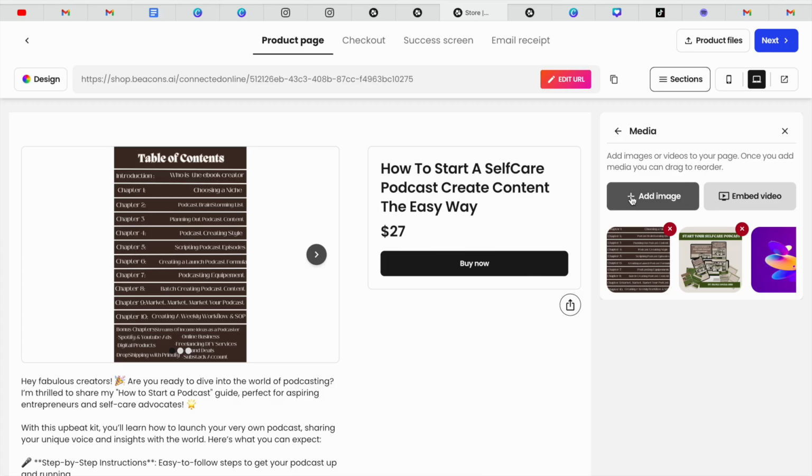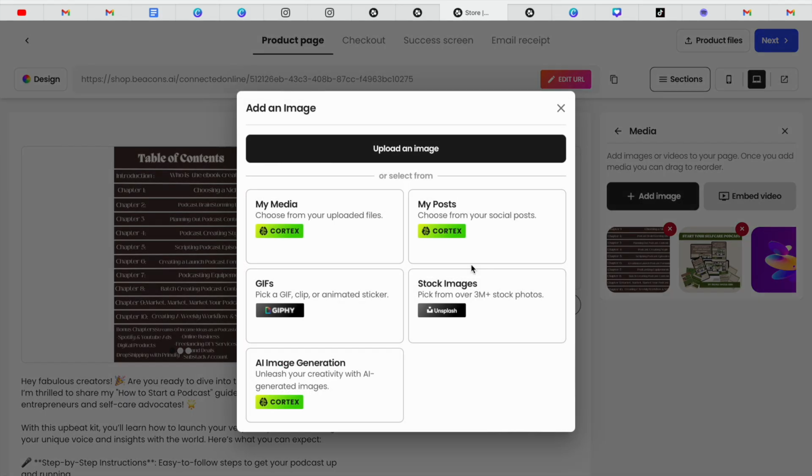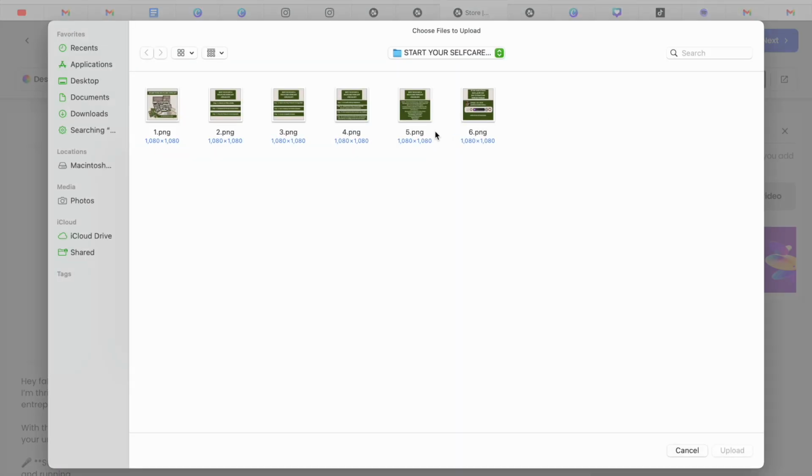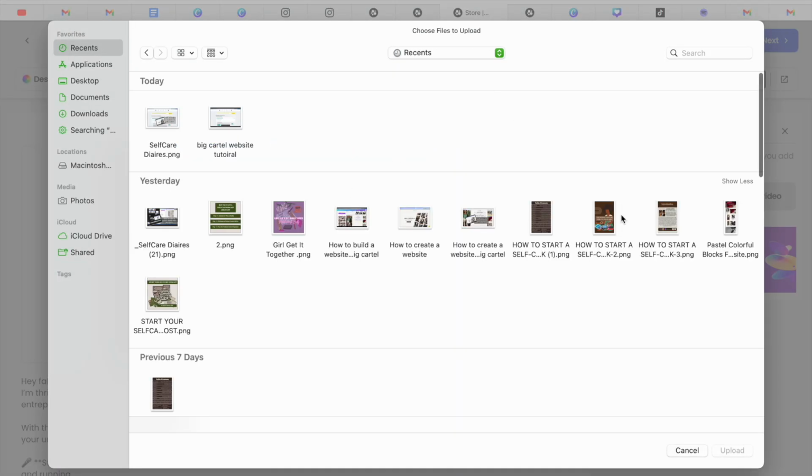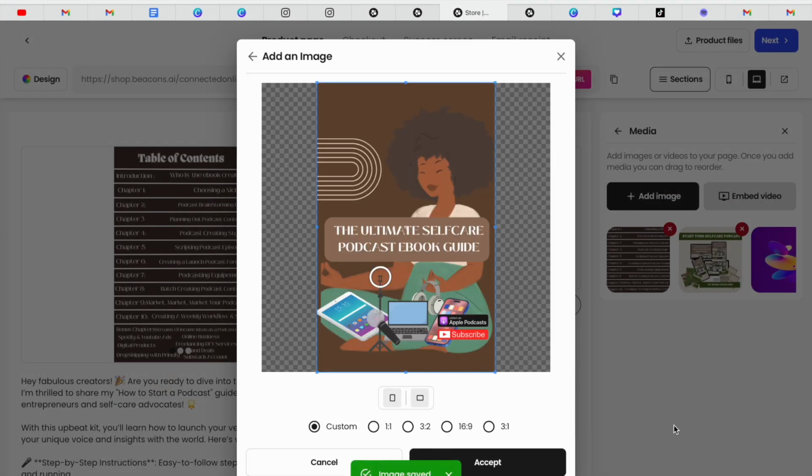Oh, you had to upload them manually. Okay, so let's click on add an image, upload an image. Let's click on recents, and let's click on this one, and let's click on accept. We're going to click on accept,